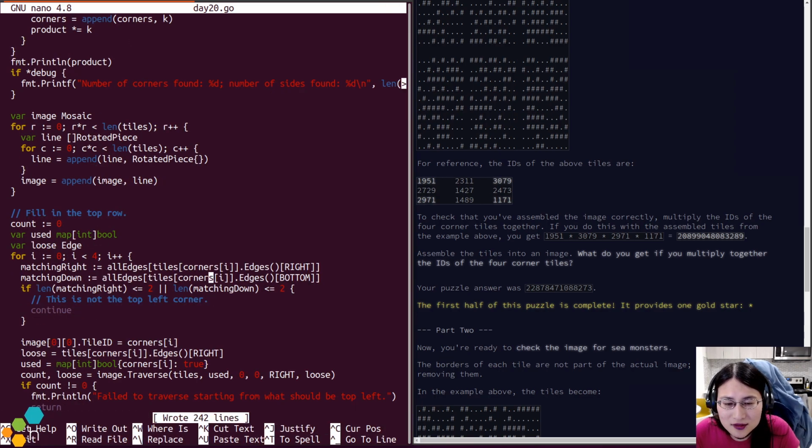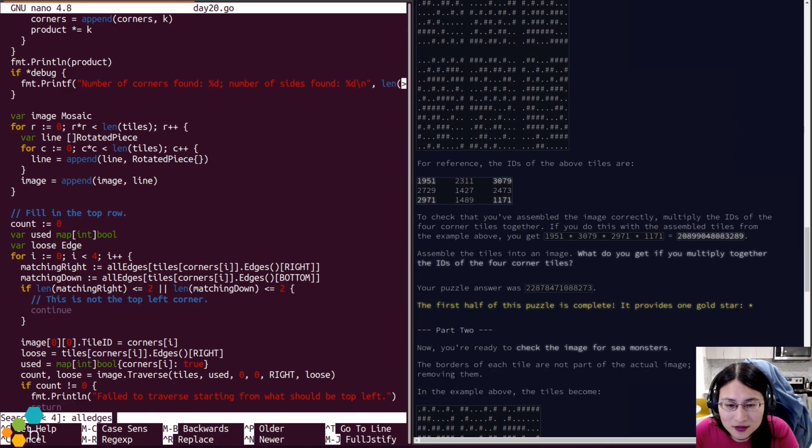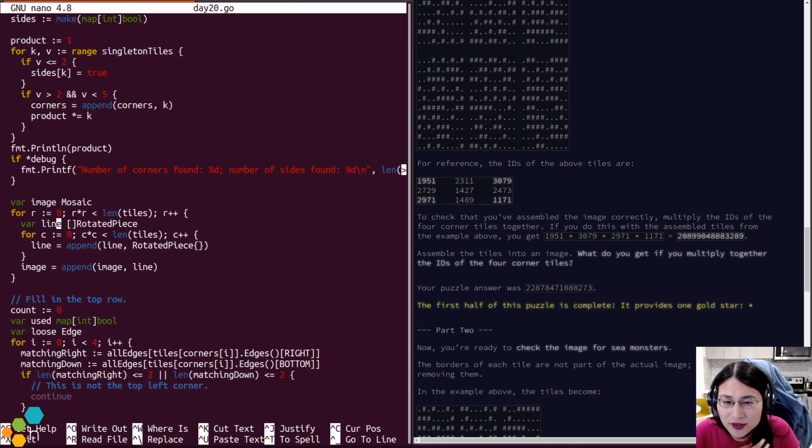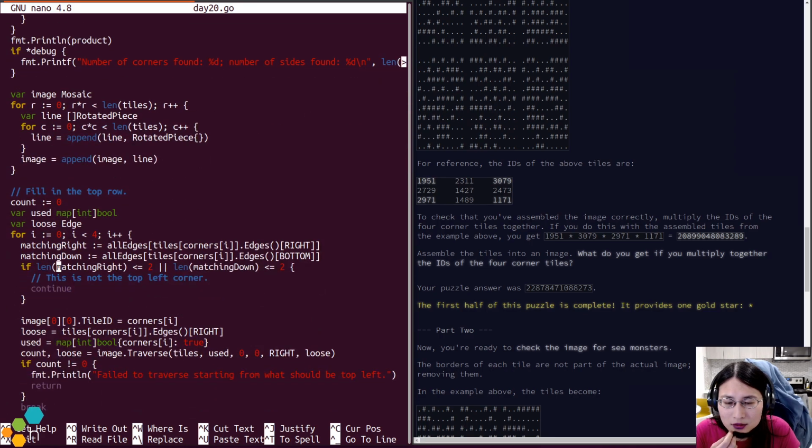What is all edges? So there need to be at least 2 tiles sharing that edge. If there are fewer than 2 tiles sharing that edge, then we know it's bad.